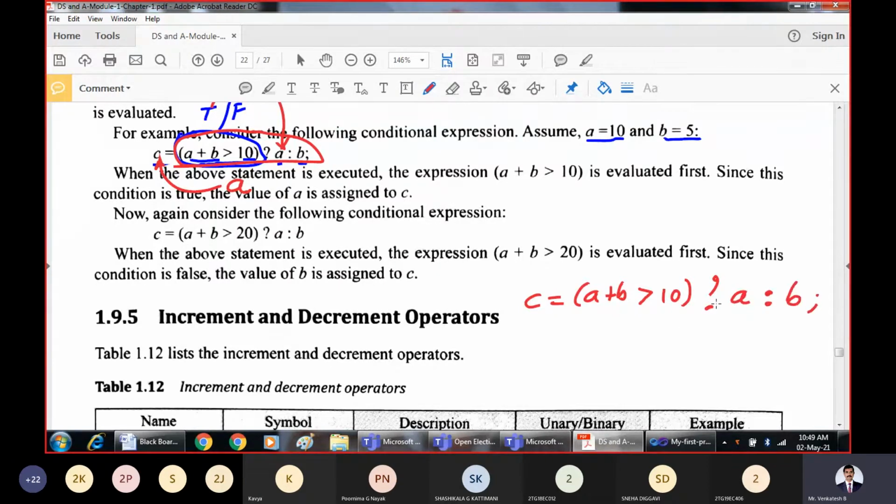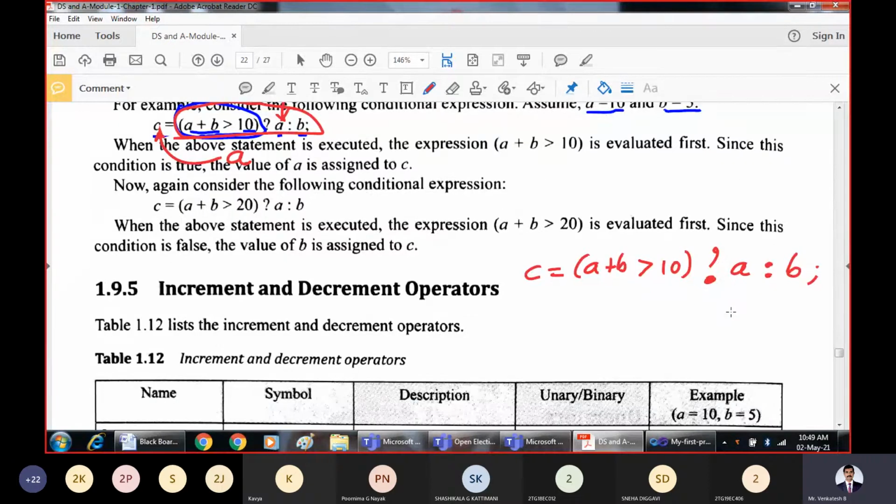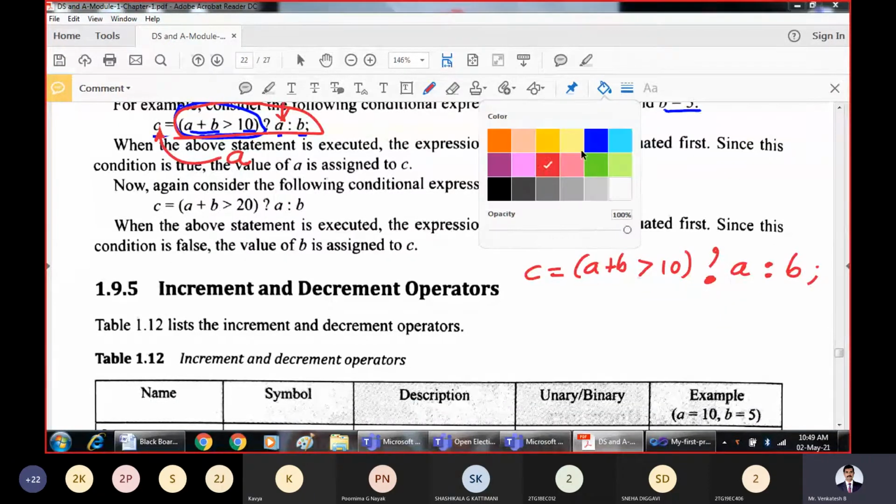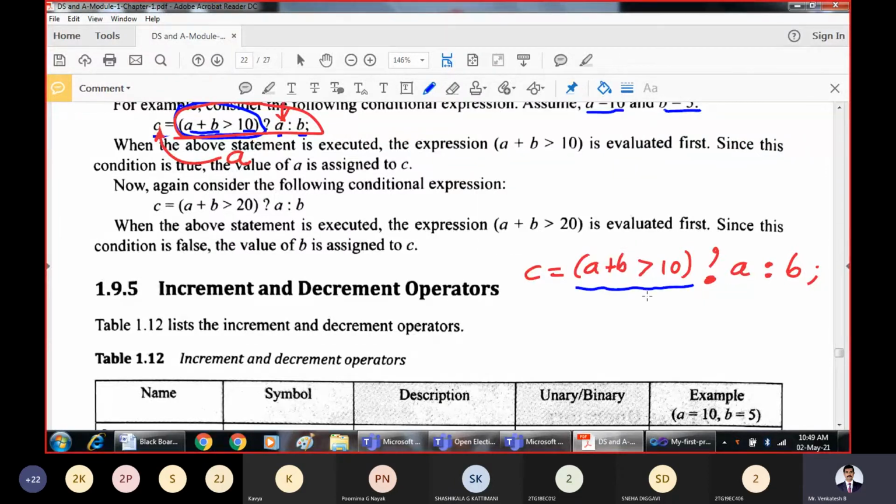I'm going to explain it once again, so please concentrate on how the ternary operator works. First you evaluate the conditional expression.